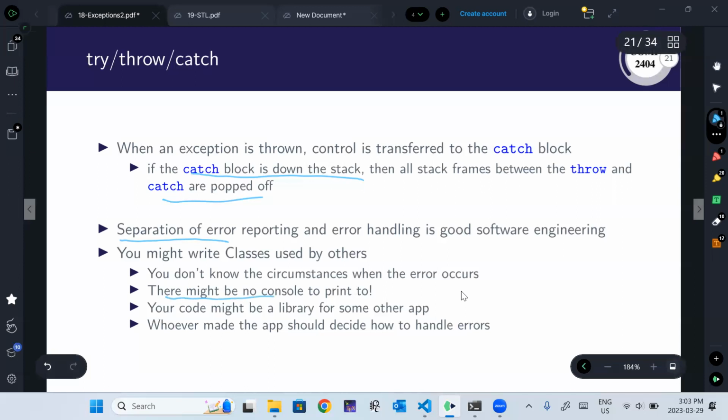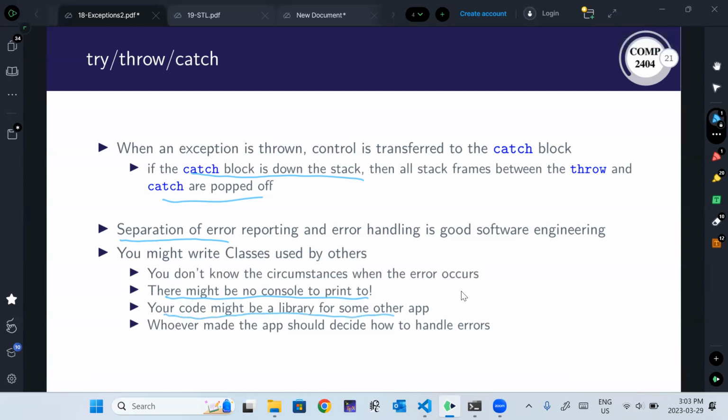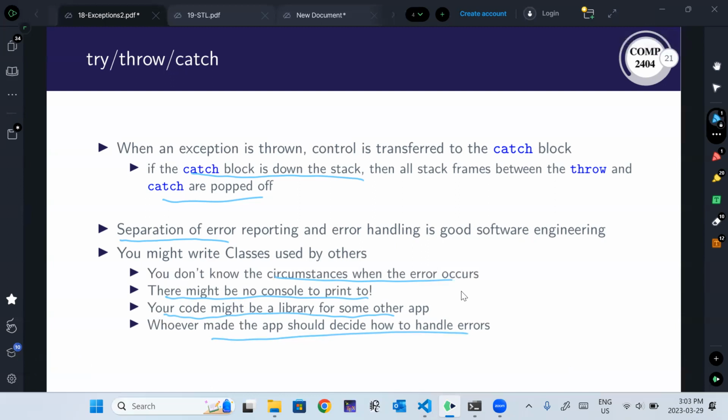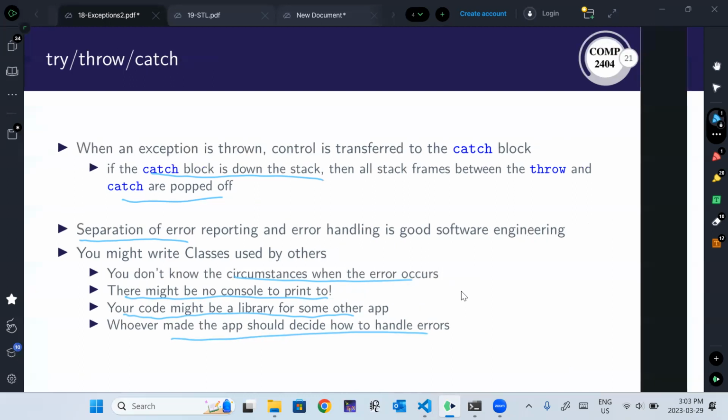So they don't know if there's a console to print to. You might try to print an error message to cout, but if they're on a phone, there's no console to see. Your code might be a library for some other app. Basically, you don't always know how to handle errors. So you can pass the buck by throwing exceptions and let whoever is using your class figure that part out. And that's actually good software engineering.